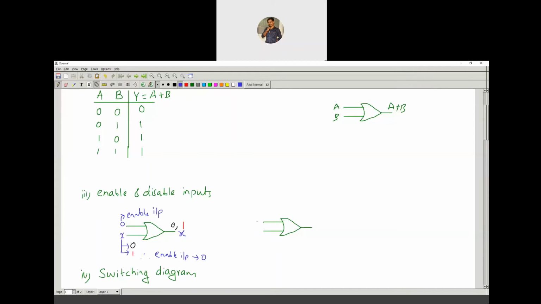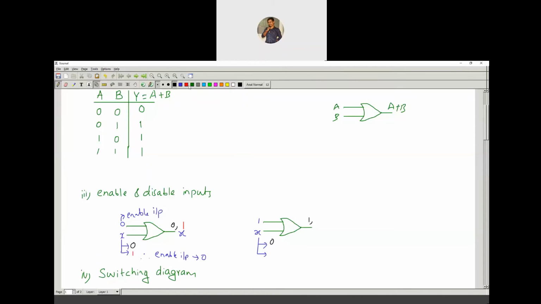Coming to the disable input, let me take one input as 1 and the other input as binary input x, and it also has two possibilities, 0 and 1. If x is 0, the corresponding output is going to be 1. Right? So for 1 0, the output is 1.